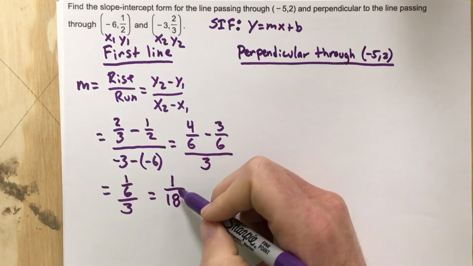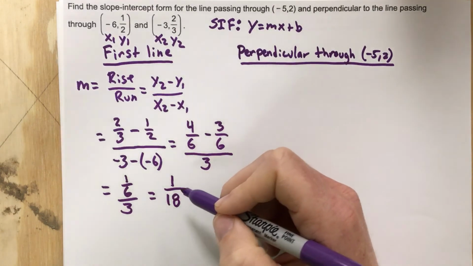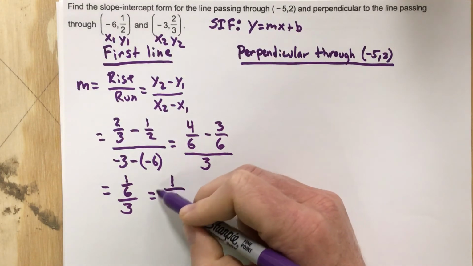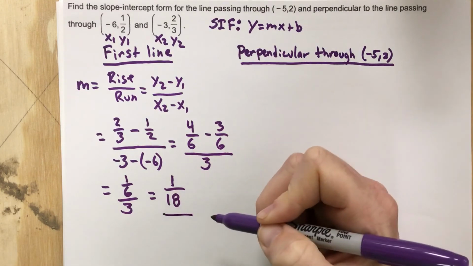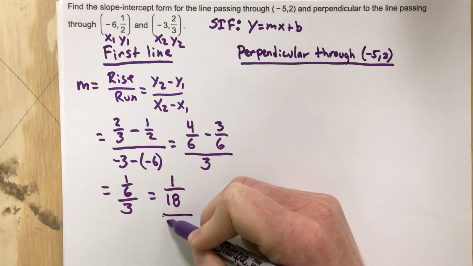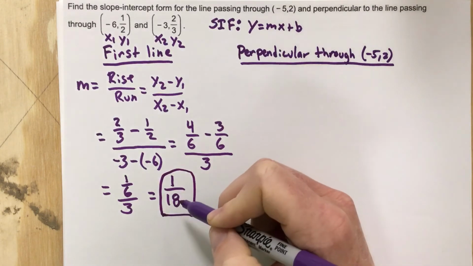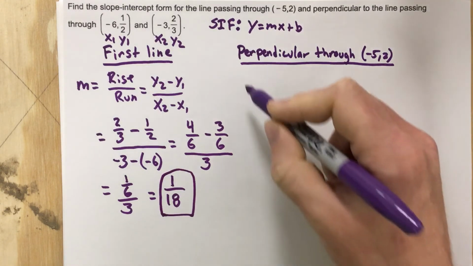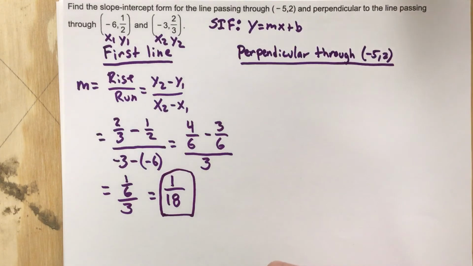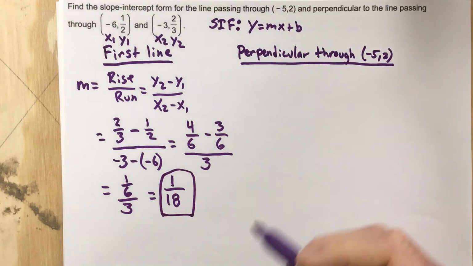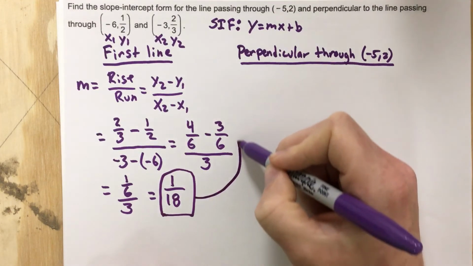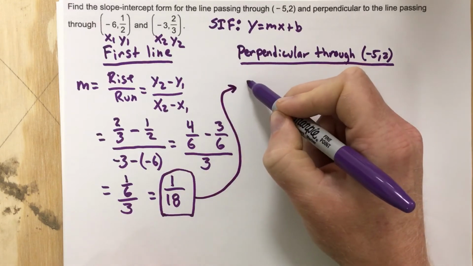Now, do I need to find b for this? Well, the answer to that is no. I don't need to find b. I have the slope, which is 1/18. Just kind of box that, even though it's not my answer, but I have my slope, which is 1/18. That's what I'm going to use to find the perpendicular line. So I'm going to take 1/18 up here, and I'm going to say my perp slope